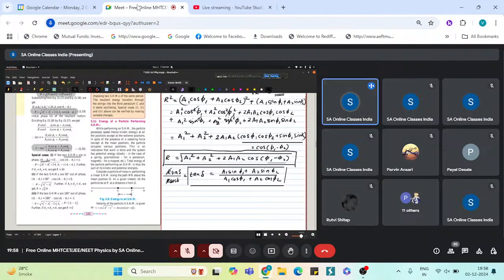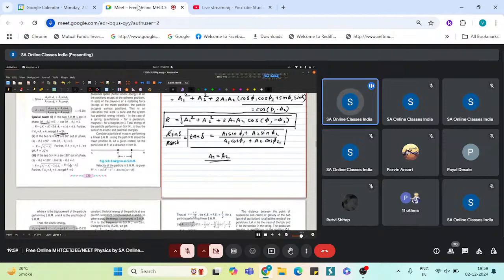And then a more special case of this will be to take a1 is equal to a2, which just means that here this will be a1 square plus again a1 square plus 2a1 into a1, which is again 2a1 square. So this is just going to be 4a1 square, and its root is going to be 2a1. So this is given here, r is equal to 2a or like 2a1, whatever is the equal amplitude of the